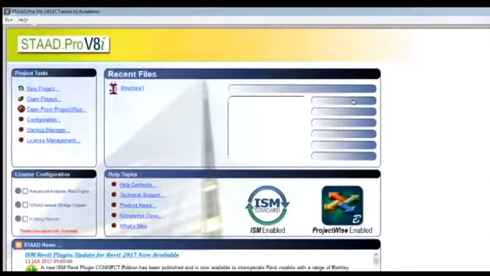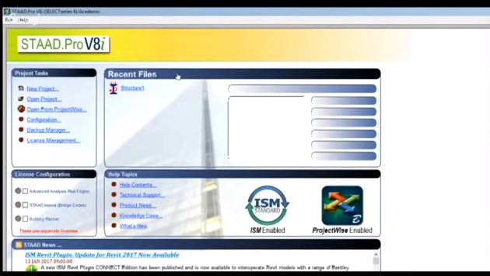Can you all see this window? I'm assuming that you can all see this window. If you're not seeing this window, you might have some technical issues. Please feel free to reply in the live chat box. Our technical team will solve the issues.